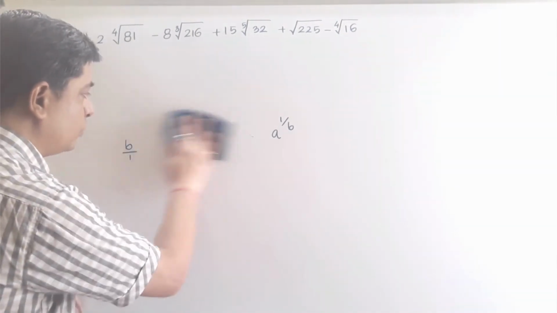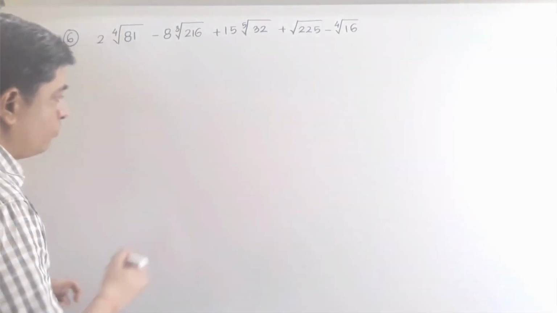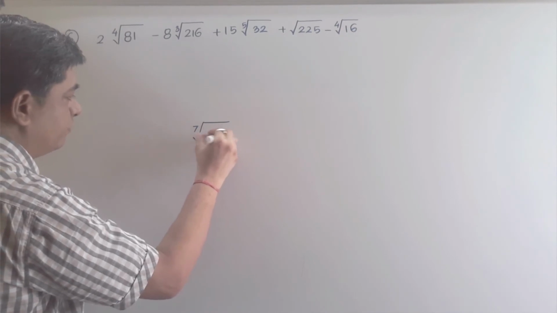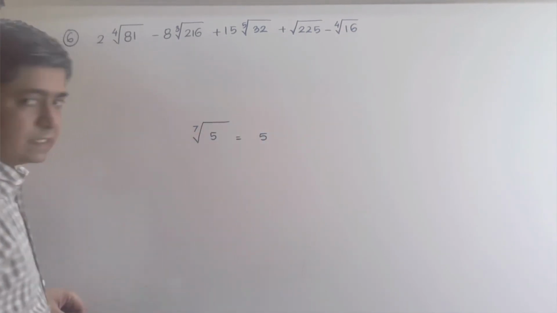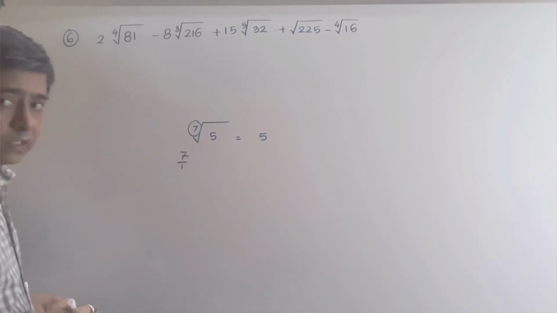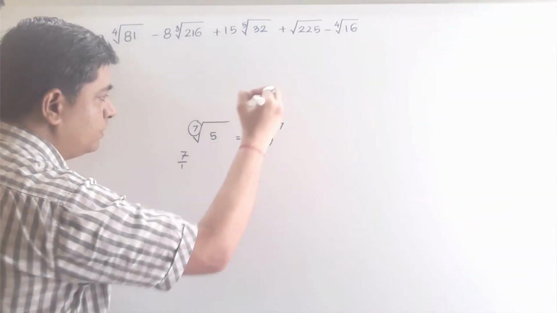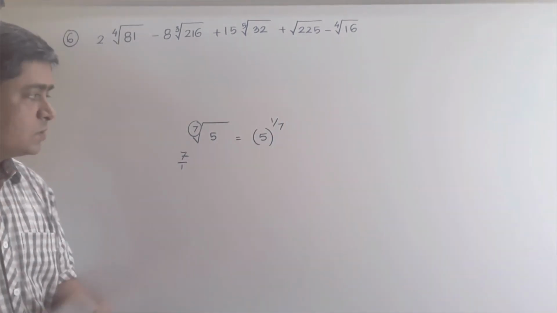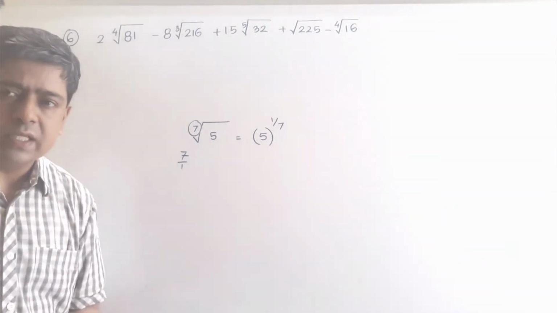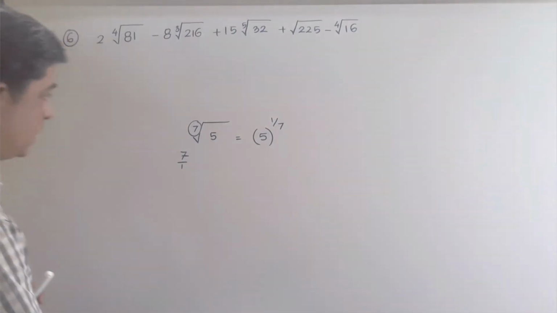One more example, to make it clear how it is going to convert. Suppose it is given 7th root of 5. So 5 I will write down as it is, and this 7 I will say is 7 upon 1. So I need to make a reciprocal of 7 upon 1, that will be 1 upon 7. So this is called the exponential form, while this is called the radical form. Both are the same, only we are converting the form from one to another. Okay, so now let us convert them.